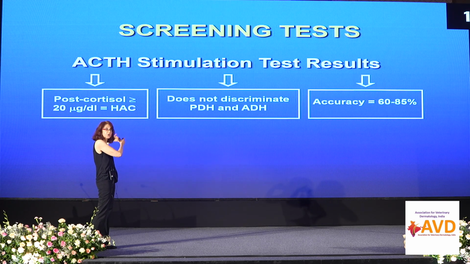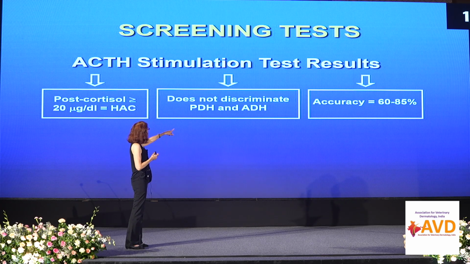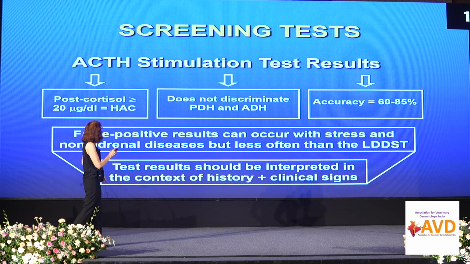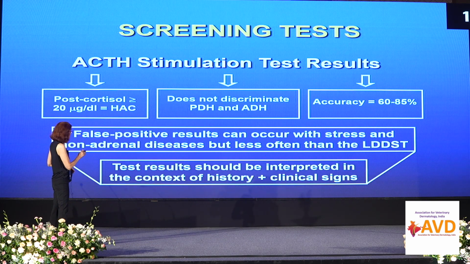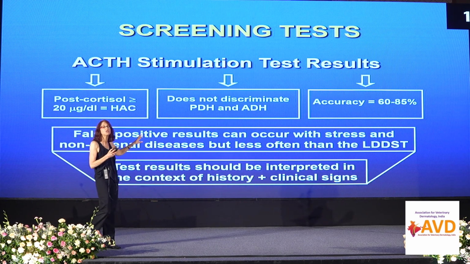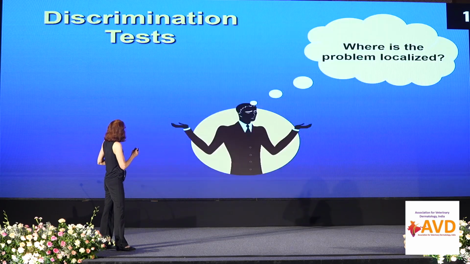That's an advantage of the low dose because you may be able, 60% of chance, to localize with one test, okay? And again, accuracy is that. As for the low dose, false positive exists. But again, when they've done a study, the publication tells us less often with the ACTH than the low dose. So it has less of false positive cases in this case. But again, those tests you're only doing if you say, I have Cushing's disease there, okay?